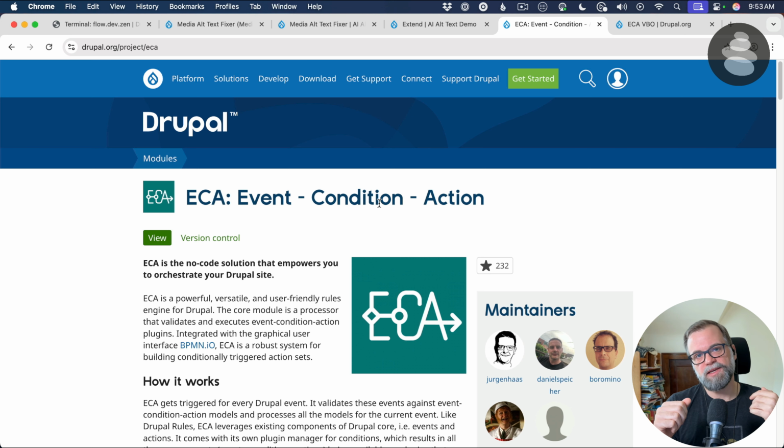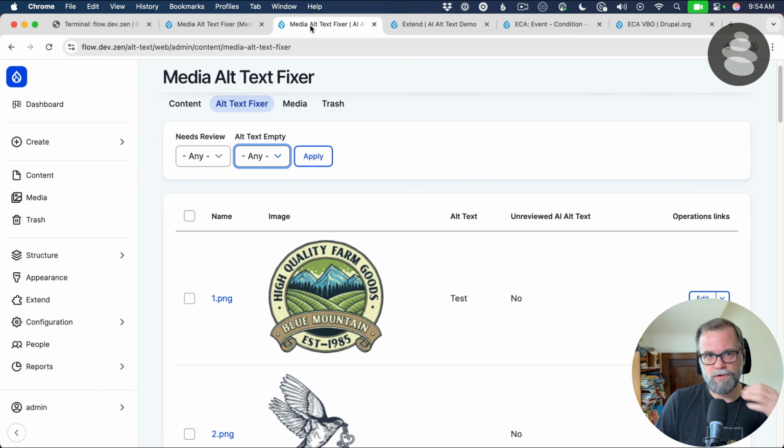One of the key things ECA allows us to do is define custom actions that can be used by views bulk operations. This is exactly what we need to generate alt text and manage the review status for multiple images at once. Now, to follow along with this demo, you will need the ECA module and several of its submodules. They will have to be installed. If you are using the Drupal CMS distribution like I am in this demo, many of these are probably already installed. The essential ones for this workflow are